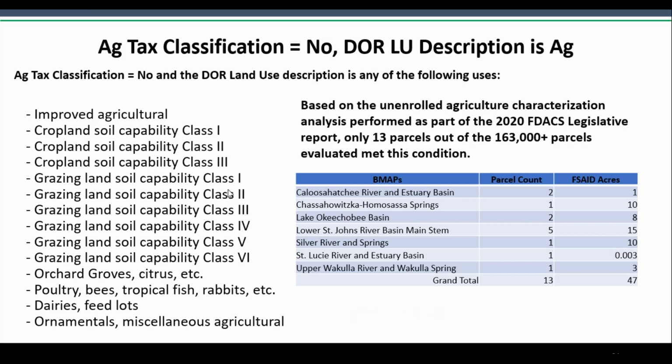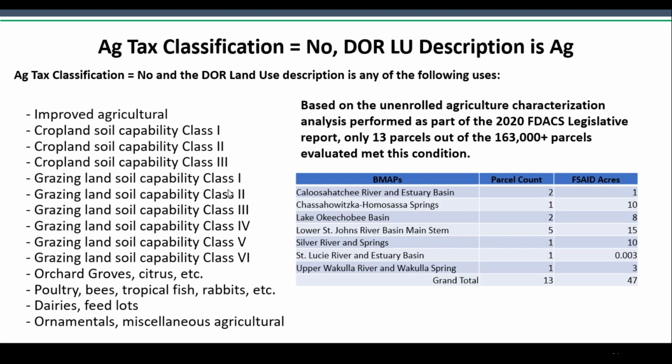Unenrolled agricultural lands within a parcel that the county property appraiser has not granted an agricultural tax valuation despite having an agricultural land use are also not considered for agriculture. Past analyses show that there are not many of these instances and they have minor acreages. And considering the nature and infrequent occurrence of the combination of these parameters, these parcels are not expected to be used for agriculture.